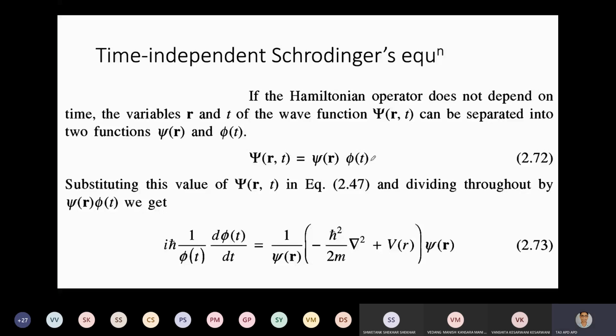I have used two different symbols for that, psi of r and phi of t. If you substitute this expression in your equation 2.47, which is nothing but our Schrodinger equation,